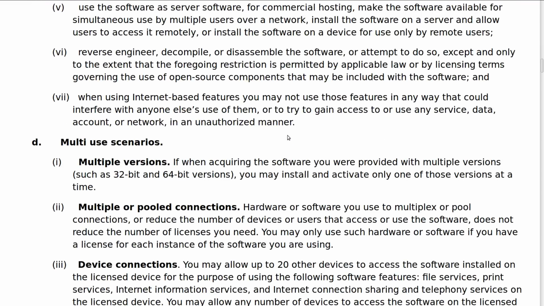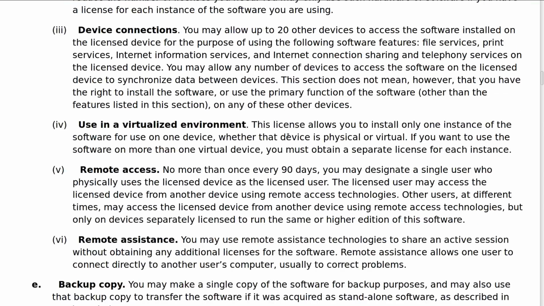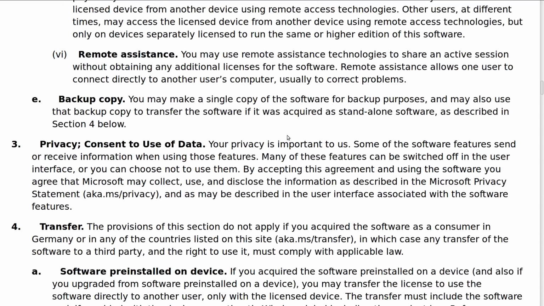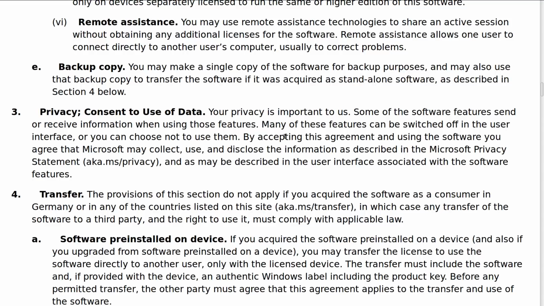And we're going to go down here to Section 3. Because then they explain that in greater detail. And this is actually really kind of important. Okay? And this is where they get you. This is where Microsoft says, guess what, ladies and gentlemen, we can do anything with your computer that we want to as long as you're running this software and it's hooked up to our servers.